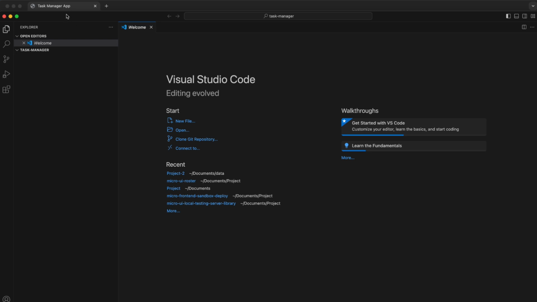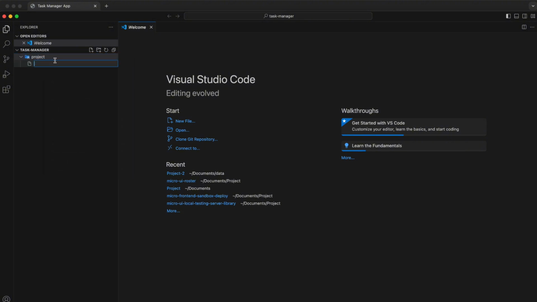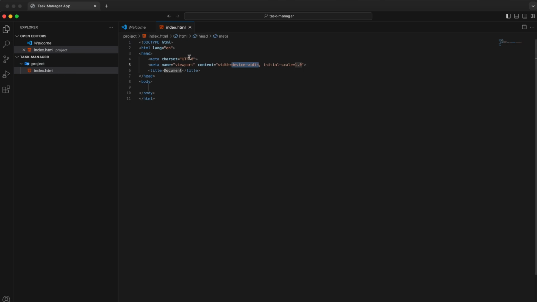We'll just open VS Code. I'm going to open any folder and we can create one project. Within this we are going to create a new file, index.html, because we are going to write HTML here. Now quickly we'll generate the boilerplate. So this is doctype HTML,